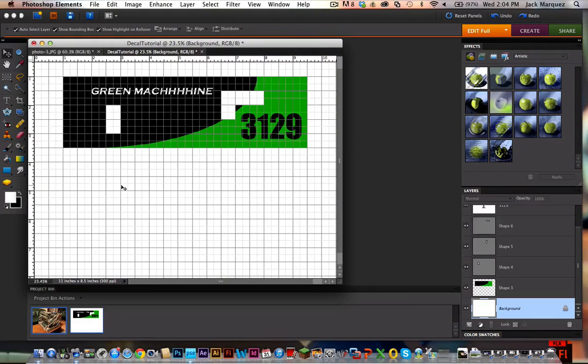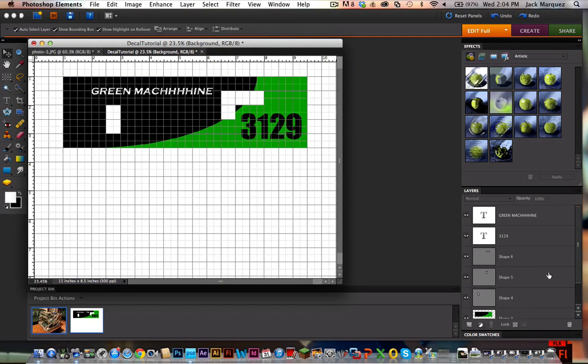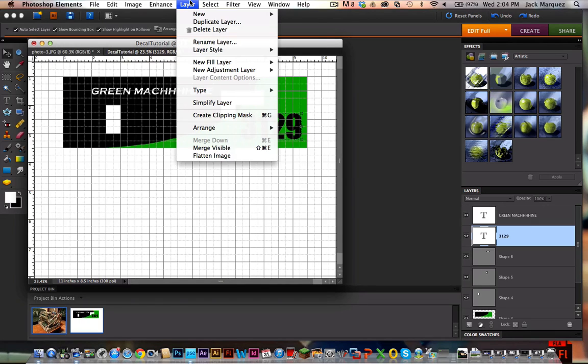Now, just like this, the text looks kind of boring, and there's two ways to fix that. One involves changing the text layer so you actually can't edit the text, and the other keeps the text so you can still edit it. Because Green Machine is probably easier to misspell than 3129, I'm going to do the layer change one on the numbers. And what I'm going to do here is have it selected, go to Layer,